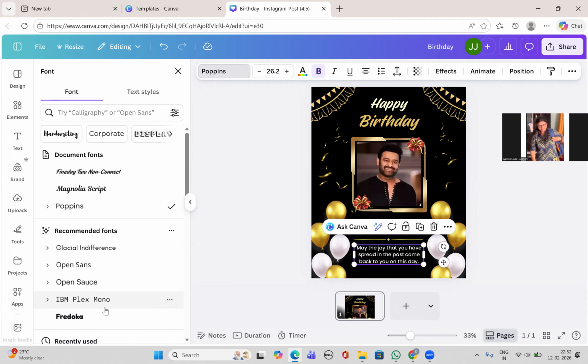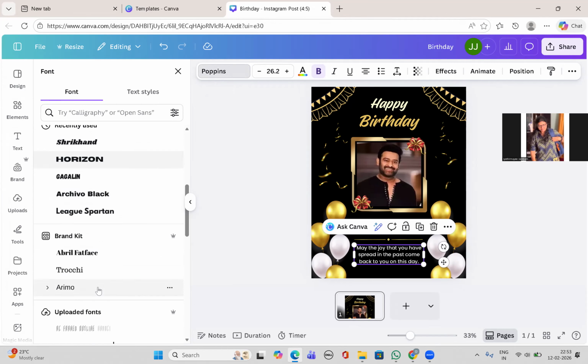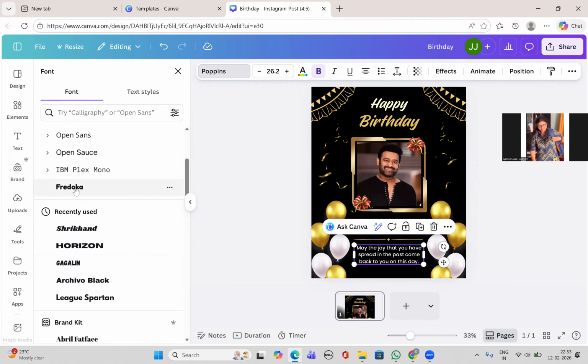On the left side you will see all the fonts. So these are all the free versions. If you see this symbol, it is a paid one. You can't add any font with this symbol, right? So use any free font. Just to show you how it will look, how you can change the font, I just changed the font. Actually the previous font is better than this one.